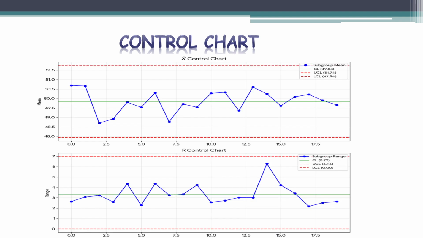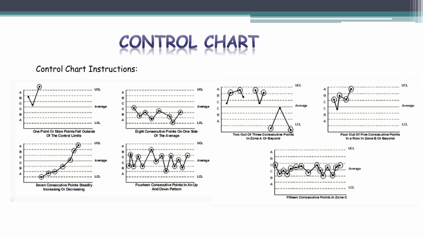This is an example of X bar and R chart. Here you can see X bar chart on the top and R chart on the bottom. There are some instructions in a control chart which tell that we need to take action immediately. They are one or more points falling out of control, 7 consecutive points in increasing trend or decreasing trend,